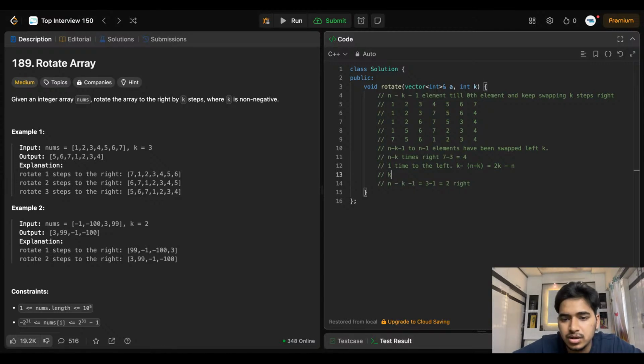Yeah, k is the remainder always, because only the first three elements will be messed up. Rest all elements will be fine. So k minus of 2k minus n, which is equal to k, what the n minus k. There is 2. No,